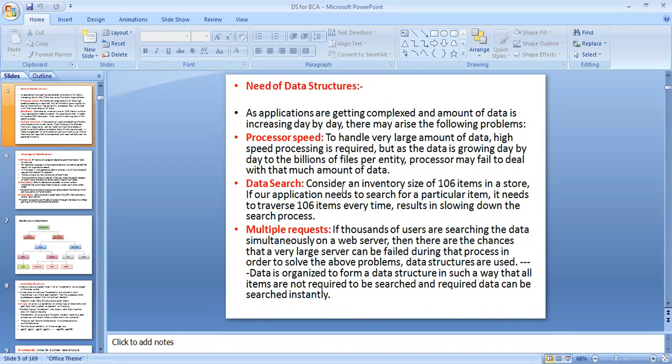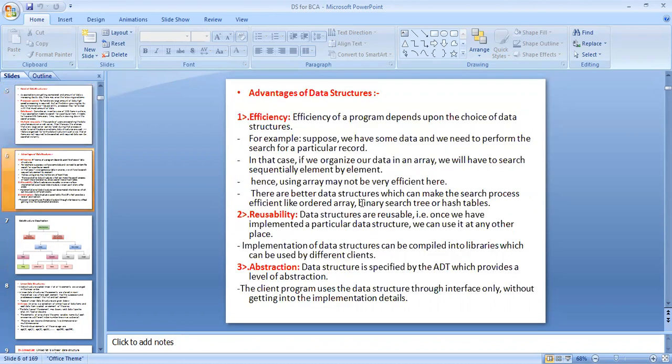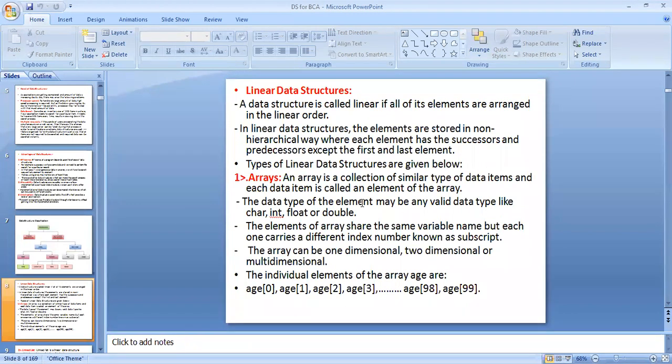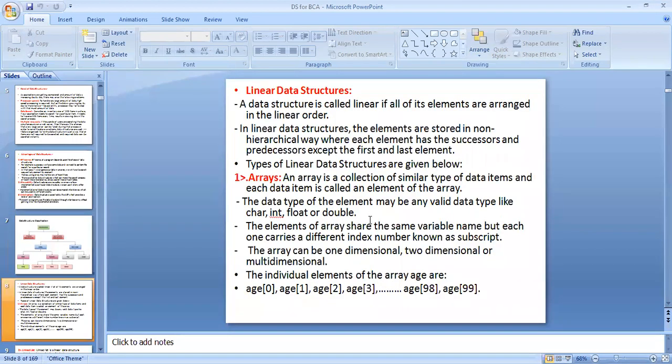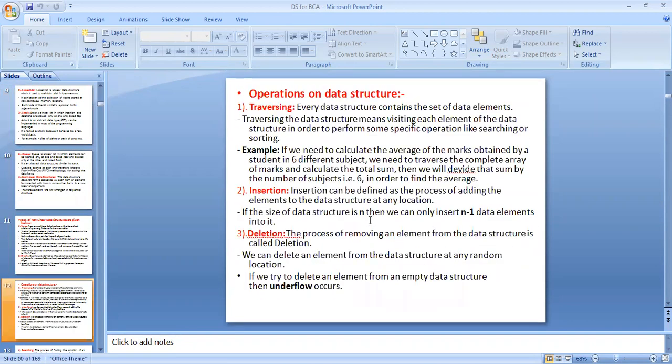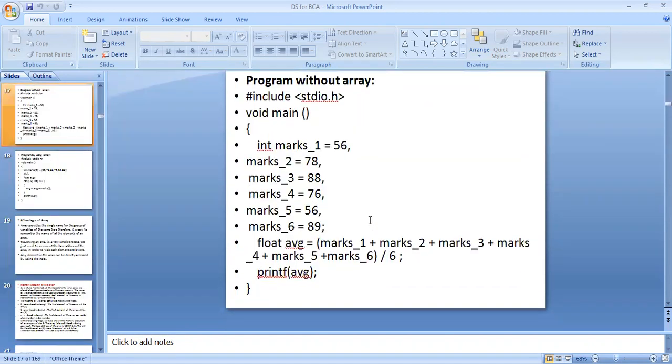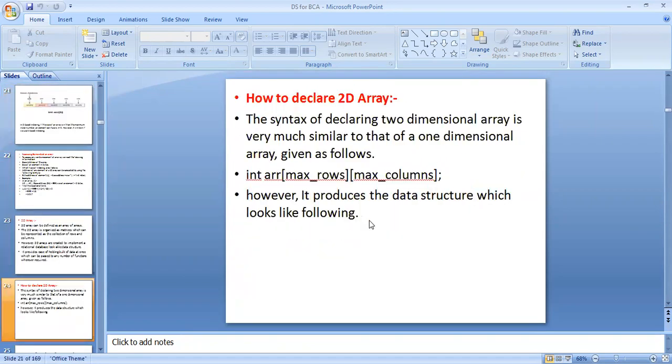Data structure using C++ for VCA. In this chapter, we will see what is data structure, and the classification of data structures, that is primitive and non-primitive data structure. In non-primitive, there are two types, linear and non-linear. We have already seen that. So today we start the linked list.